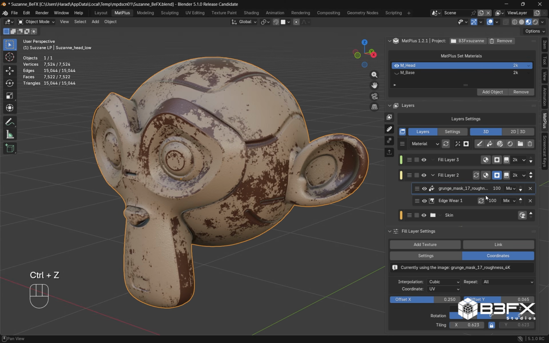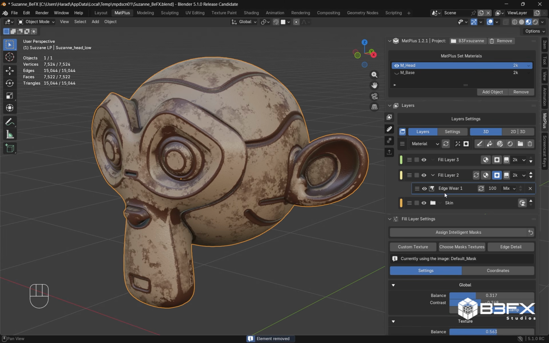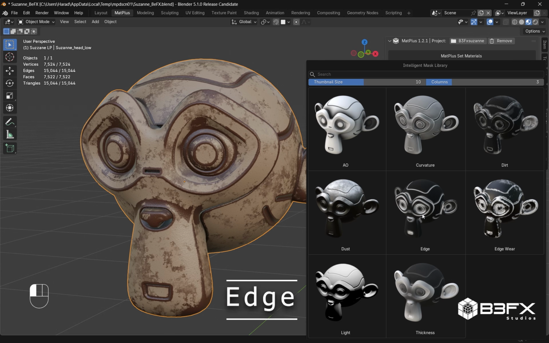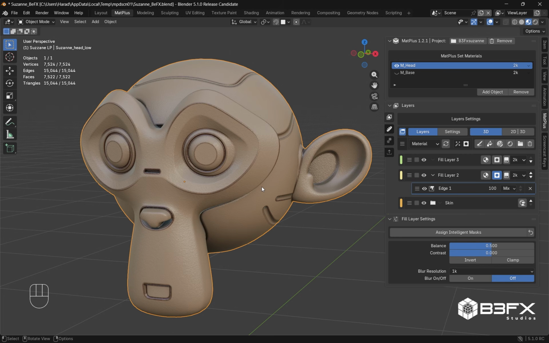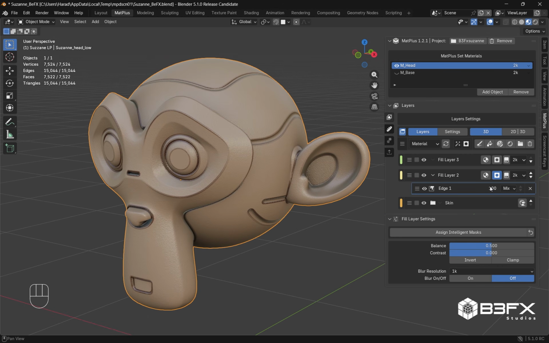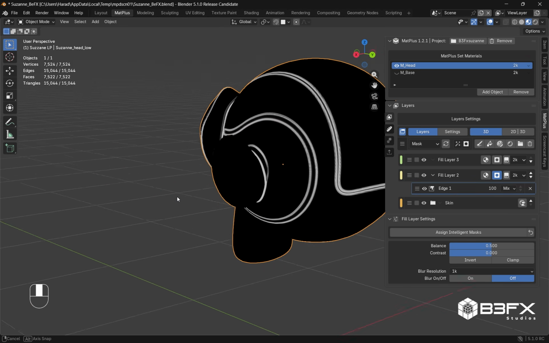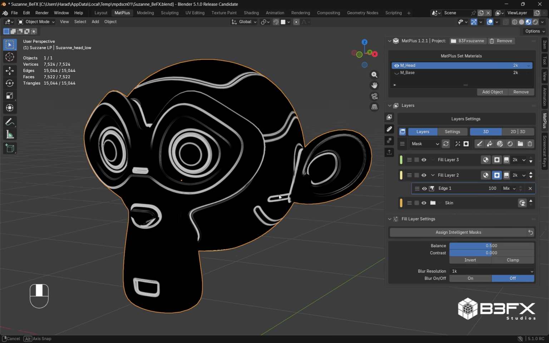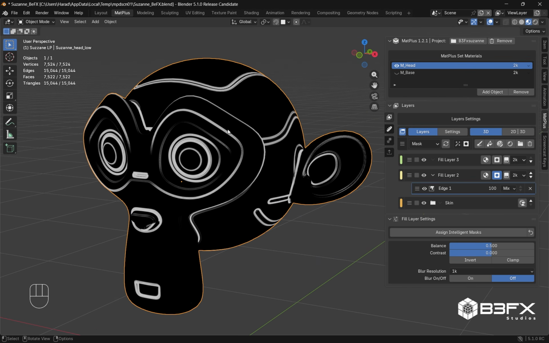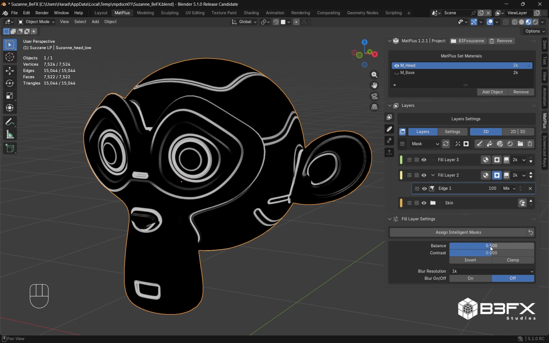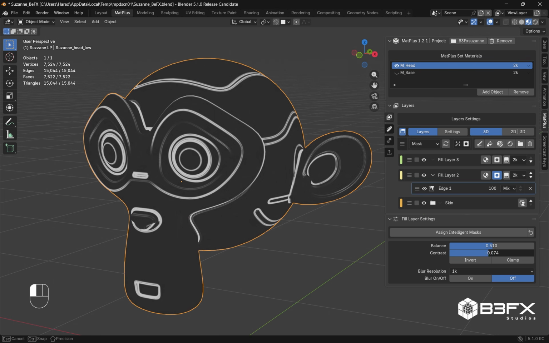Okay, so let's just get rid of this grunge mask so we can keep playing with the next intelligent mask. So now we will talk about the edge, and this is actually pretty similar somehow. With this one, what we will see, let's just go into the mask view, is that all of our edges are being detected and masked. So we will be able to apply the effects, for example, on the edges, or also invert and just mask them out. Also, we will be able to tweak the balance as always, and the contrast,